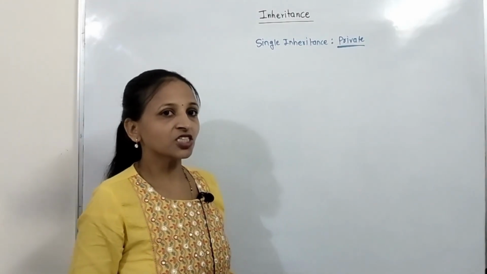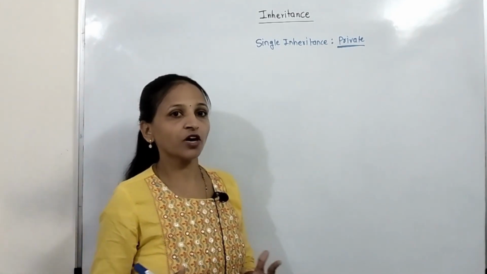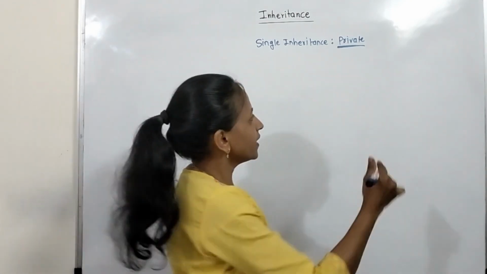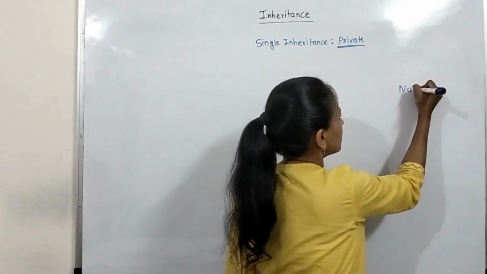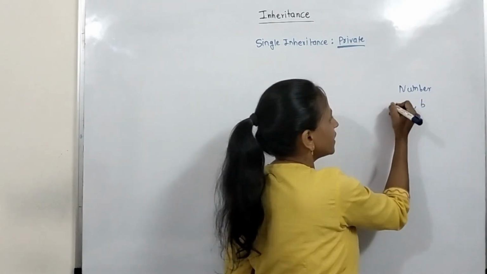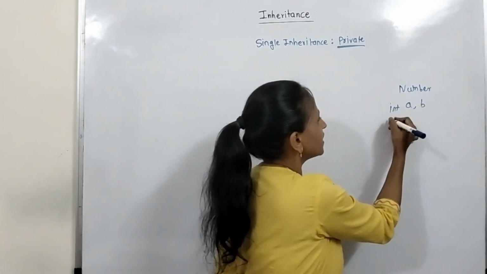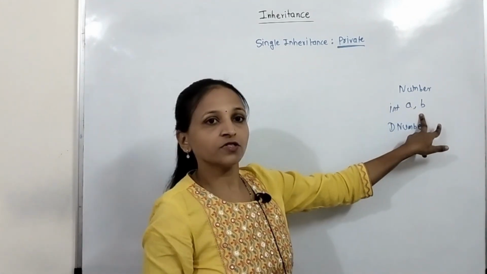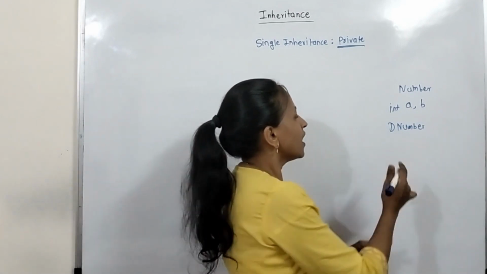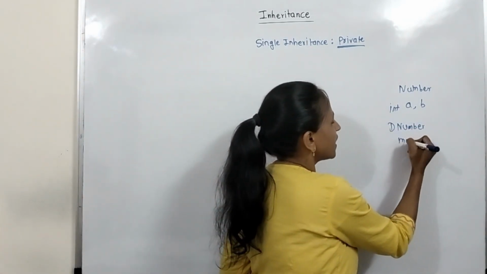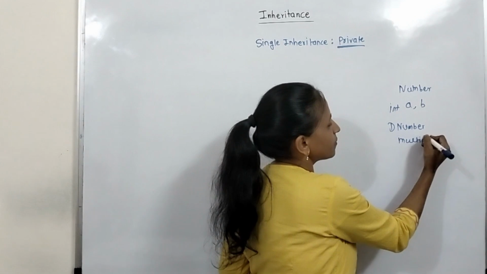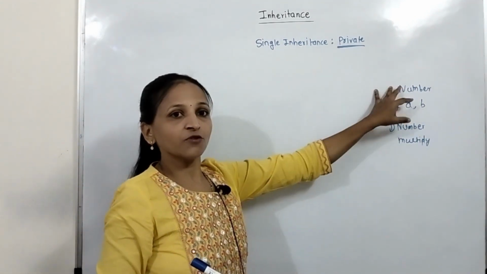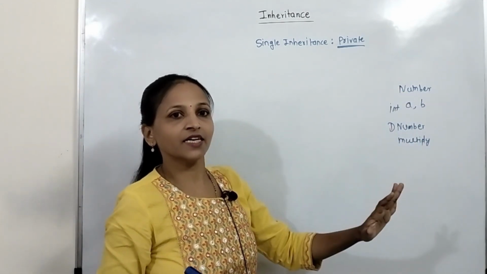If we have mentioned visibility mode as private, then what will happen, everything we have to explain in this session in detail. There is a class Number and it has two data members A and B, and from that Number class I am creating one DNumber class, and for get and display again we have written their member functions, and in DNumber I just want to multiply those two numbers and display the multiplication. That's it. Now this type of inheritance, we know that if there is only one base and one derived, then that is single inheritance.